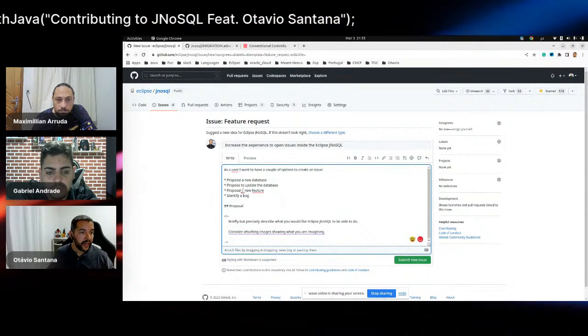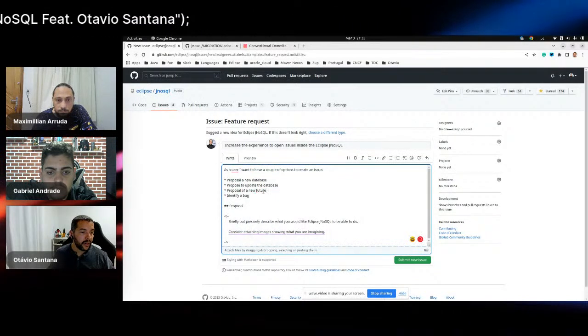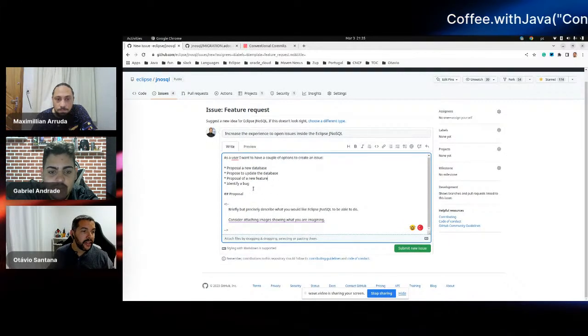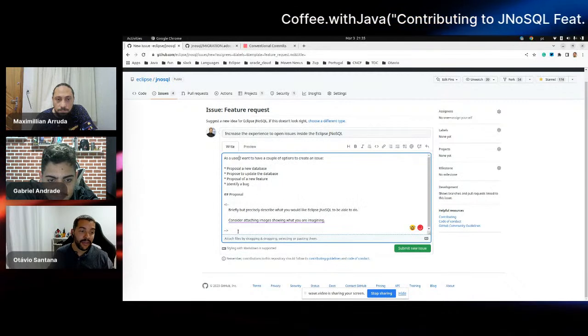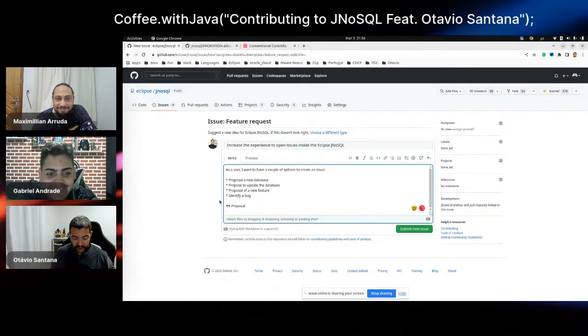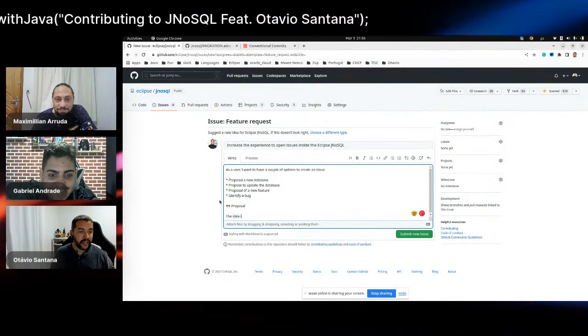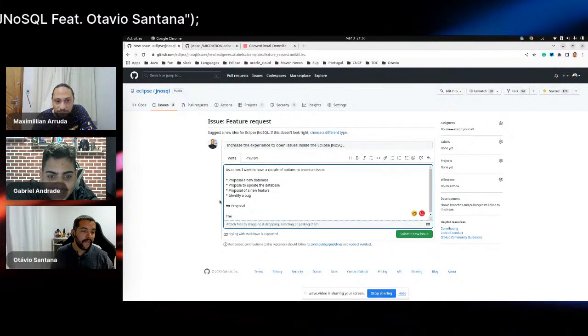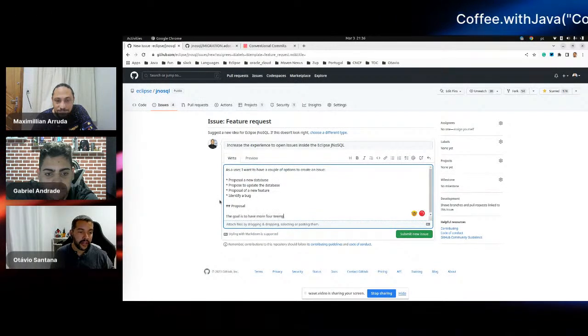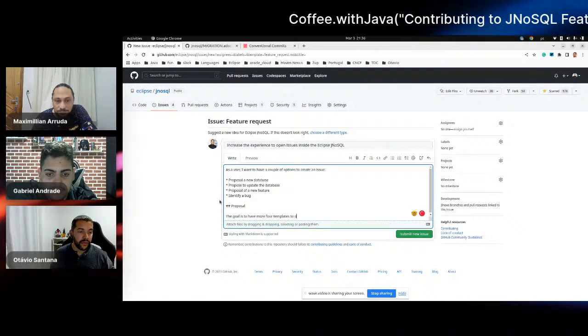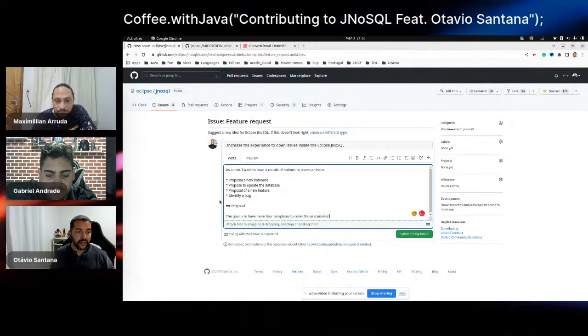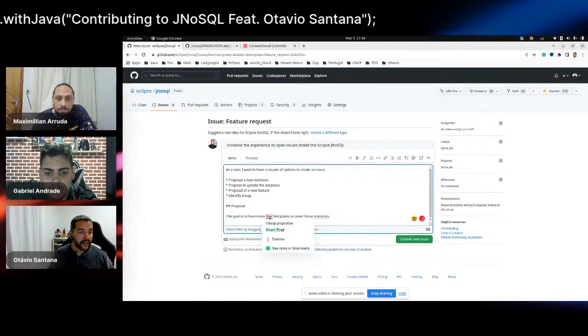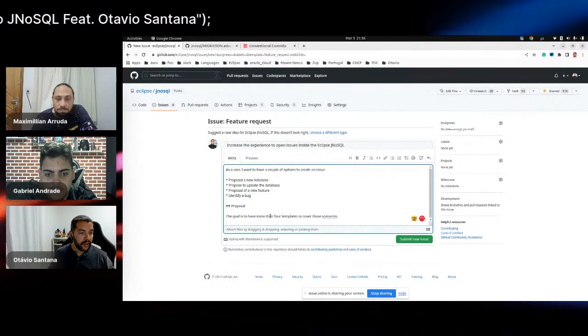So propose to update feature alpha above. Here, grammar straight. Yes, wonderful, right? My proposal, the goal, is to have more than four templates to cover those scenarios.